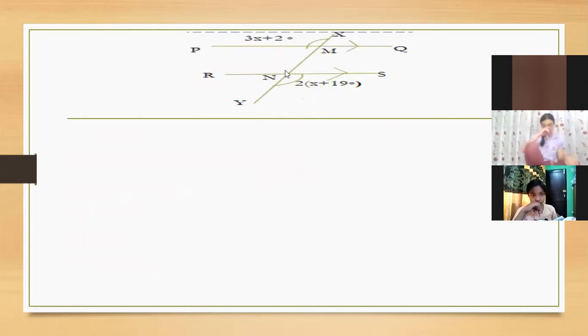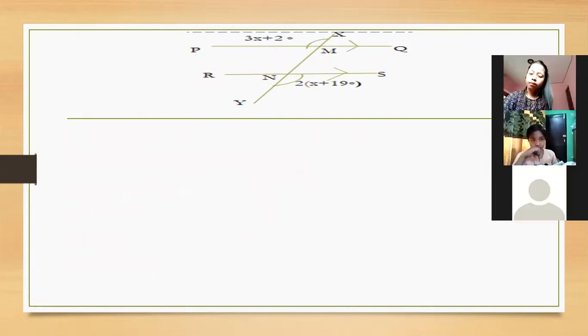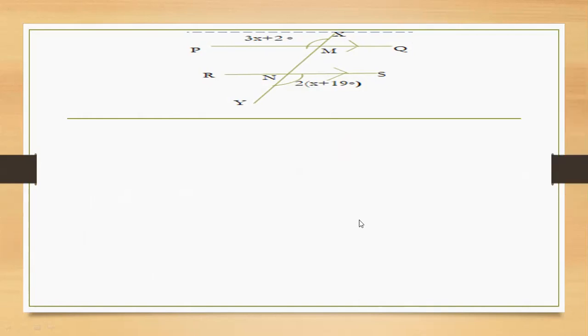Now look here, I am going to show you the next one. Tell me, what type of angles are these two angles here in this figure? What type of angles are these two angles? These are alternate exterior angles. And alternate exterior angles are equal because these two lines are given parallel. Okay. Niruta, what type of angles are these given angles?